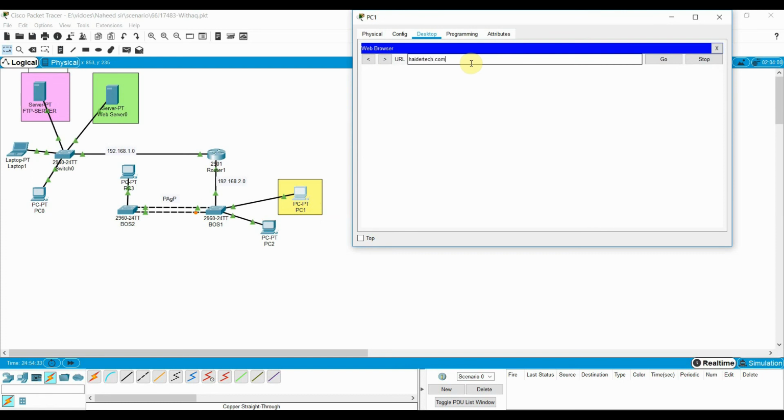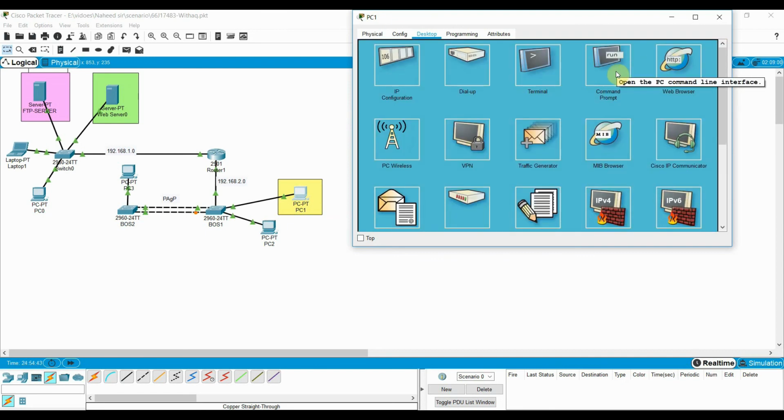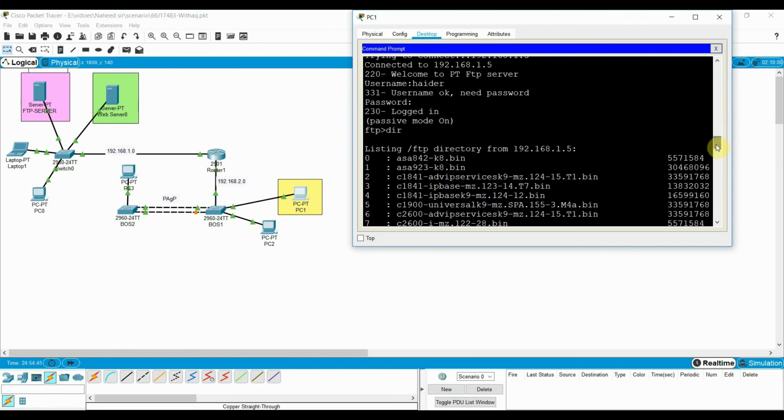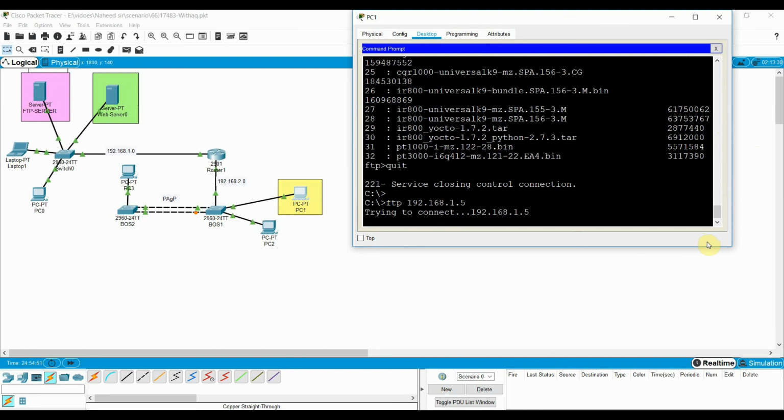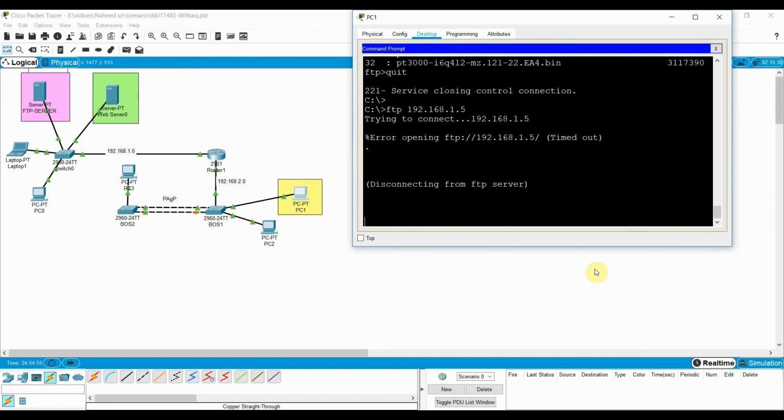You can see we cannot access haidertech.com, it is unresolved, and the request timed out. Now we check the command prompt for the FTP. Trying to connect to 1.5, the request times out, so we cannot connect to the FTP server.